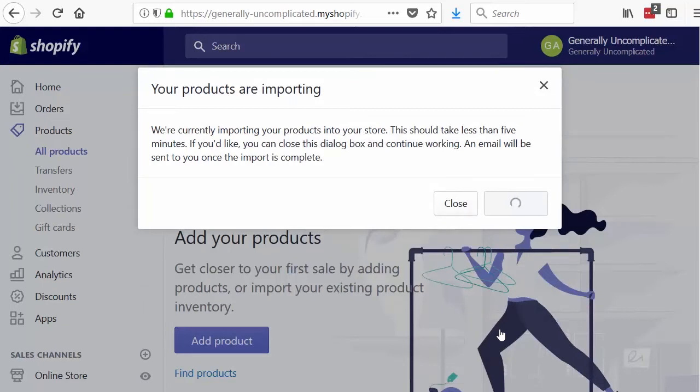While that's going on, I can do other things. I can close this box and I'll get an email, or I can wait here on the product page and it will eventually show. This will create products, and that means that instantaneously I have a store. Everything I need is more or less there in the store. I can go to my storefront and see the products I've put into the store, but fundamentally they're not very